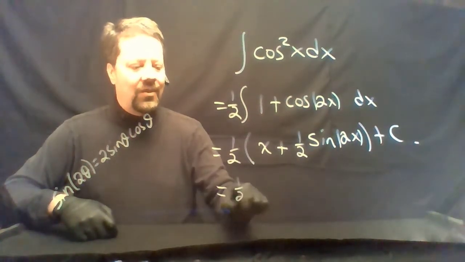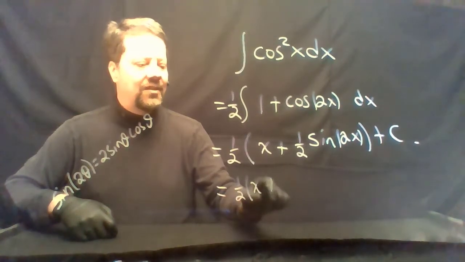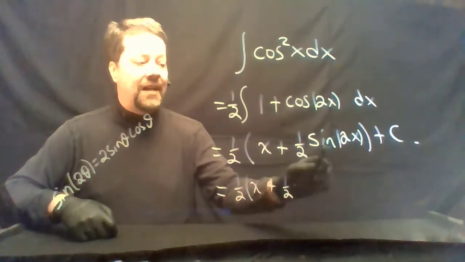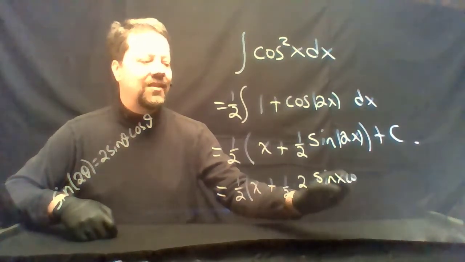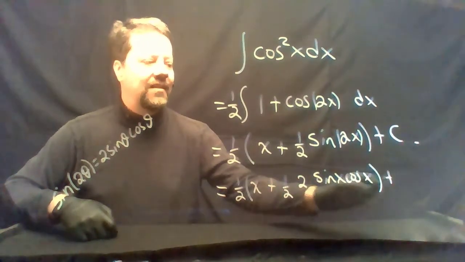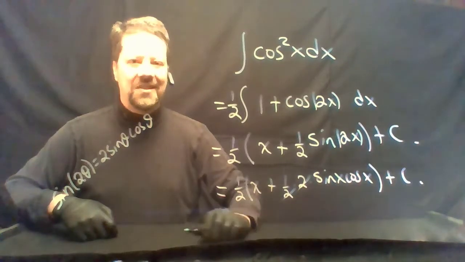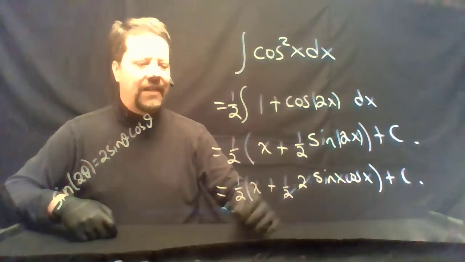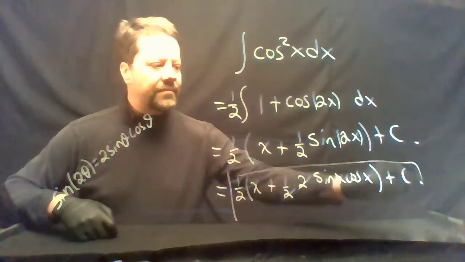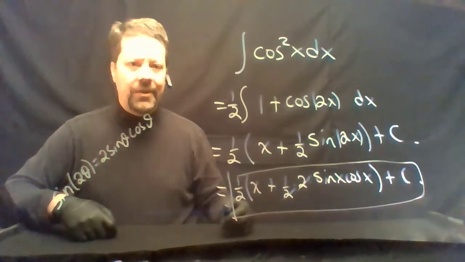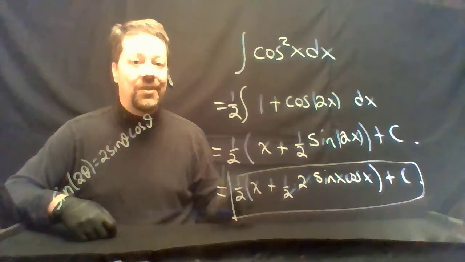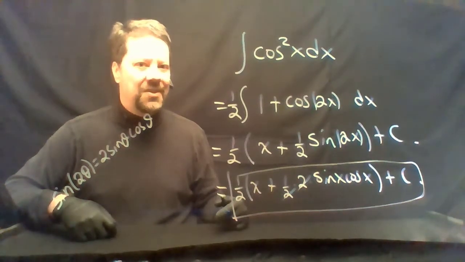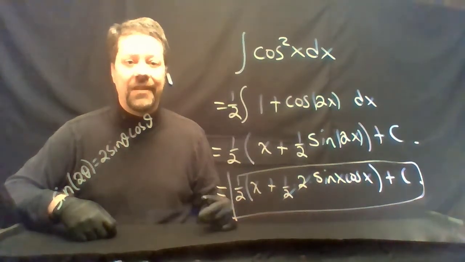That gives us 1/2 times x plus 1/2 times 2 times sine x cosine x, and then plus c. We'll leave it like this, but in future computations you'll need to know this extra step, especially when it comes down to trigonometric substitutions, which is going to be one of our methods of integration. Let's integrate